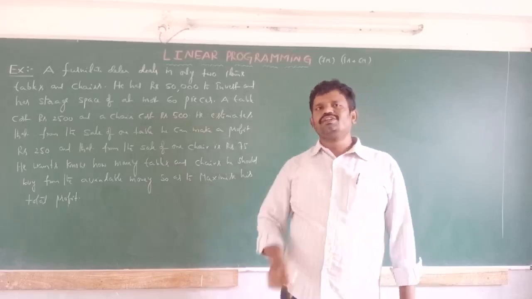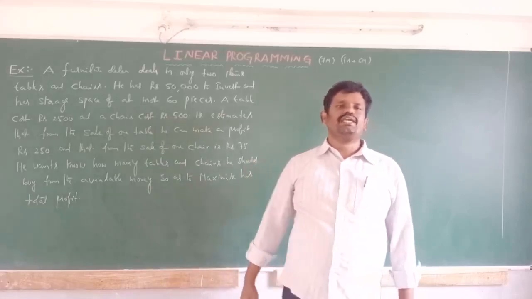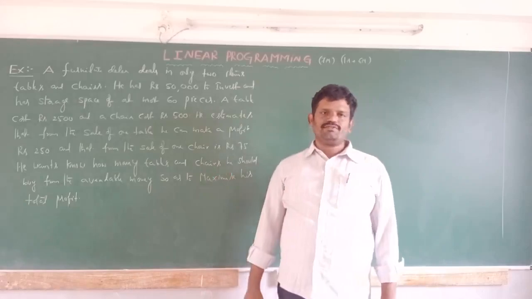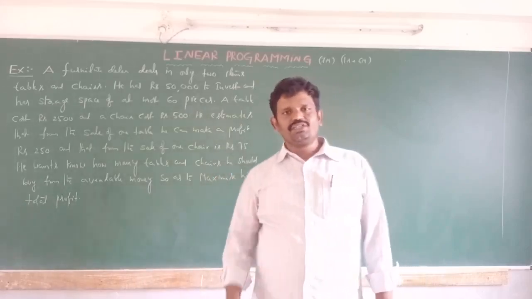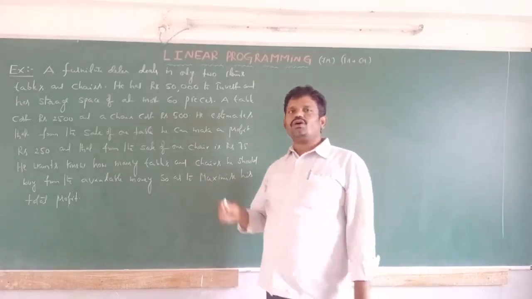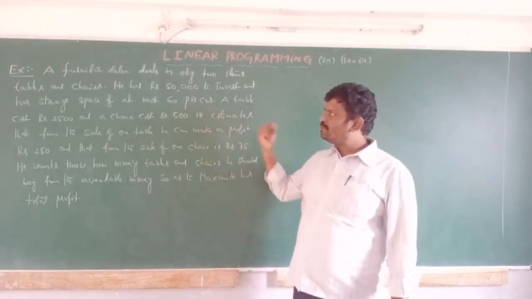What we learned in first PU is linear inequality. So this is the extended topic of linear inequality. This topic has some definitions, 6 to 7 definitions. Out of these, one definition must be given for 1 mark. Now those definitions are explained through this example.